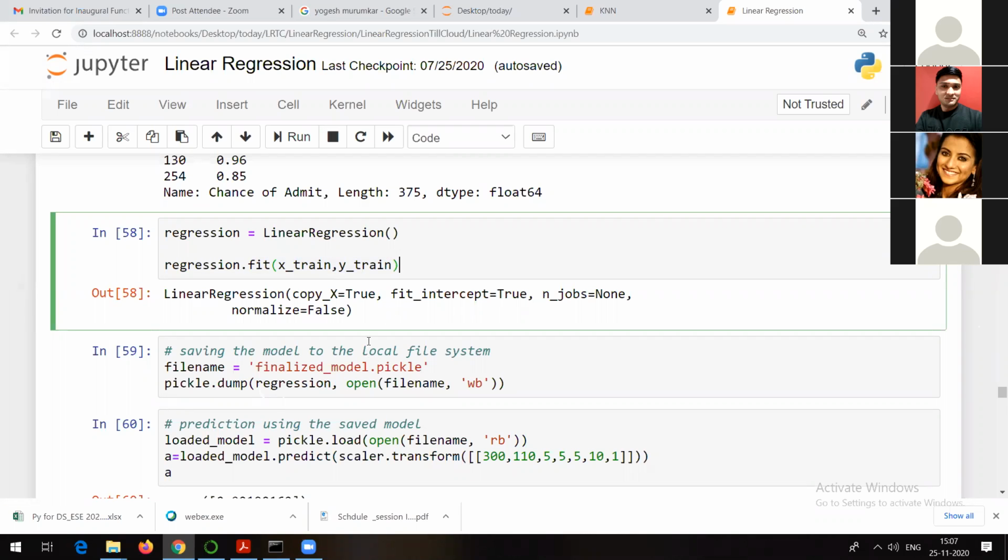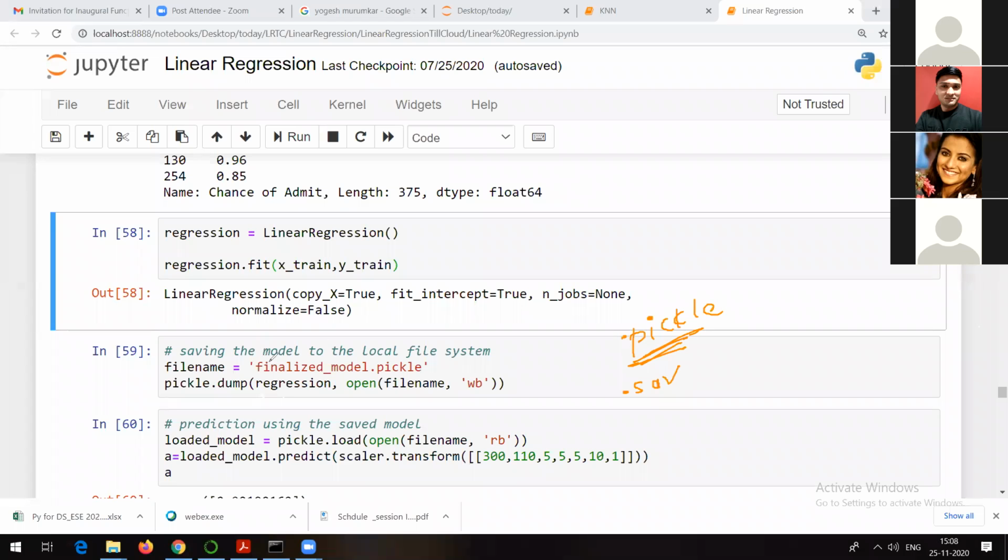Once the training is done, if you remember in that flow diagram or machine learning life cycle which I showed you at the start, the next thing is to save the model. Either you can save the model with .pickle extension, or you can use .save extension. I will show you how, because at the end I will be showing you a web application which we are going to create for the same model.